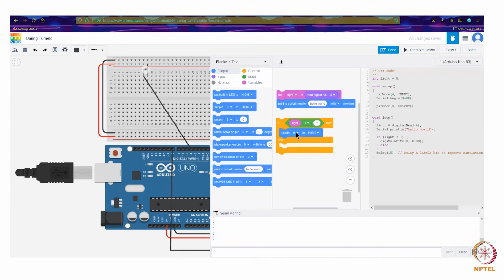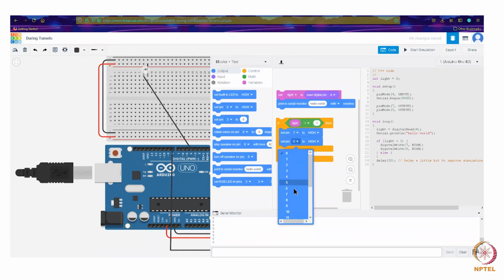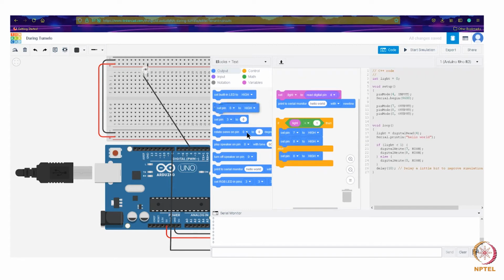set the pin. So our single pin is the 7th one, so set the pin to 7, and also set the 8th pin. If it's early in the morning, or if the light is above threshold, then set both of them to low.